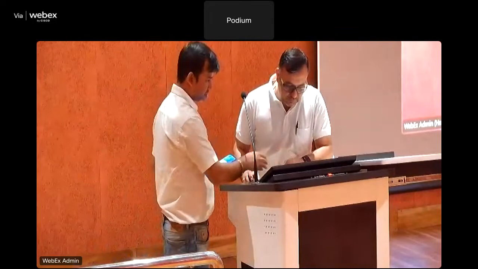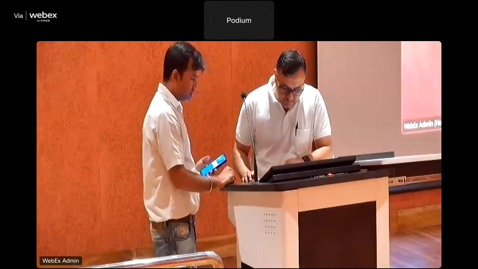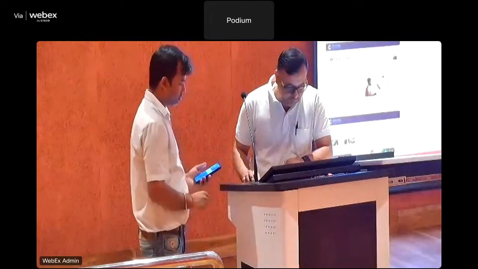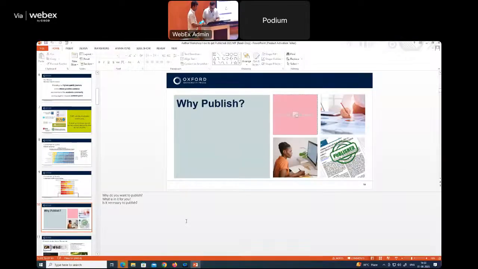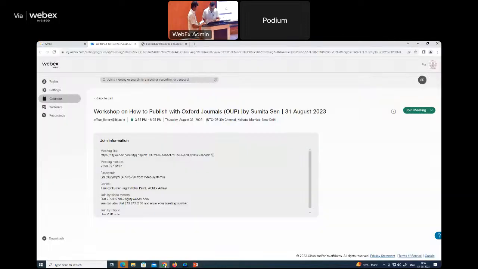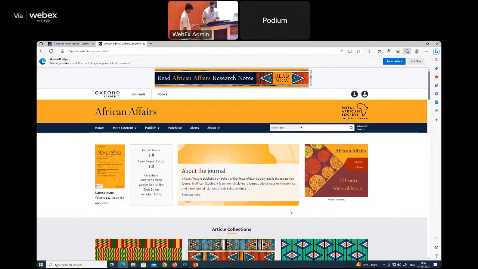And according to Clarivate, most of our journals rank in the top 10% in the impact factor category of at least one subject area. And the remaining come in the top 25%. So when you are citing from any Oxford resource, whether it is a book, a handbook, a journal, you can be rest assured that you're citing something qualitative.